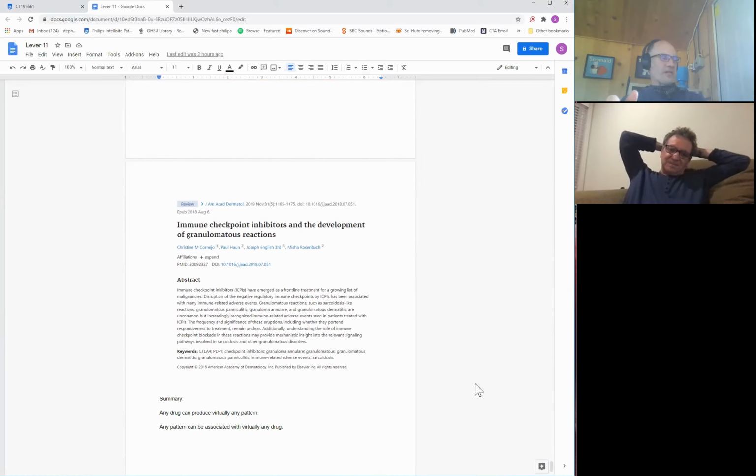This is kind of the latest and greatest, and I wasn't aware of this until fairly recently, but checkpoint inhibitors can cause granulomatous reactions. This is interesting for a couple of reasons. This seems to be an extension of the natural action of this medication, so completely different than an allergic type reaction. And this can cause the whole spectrum of